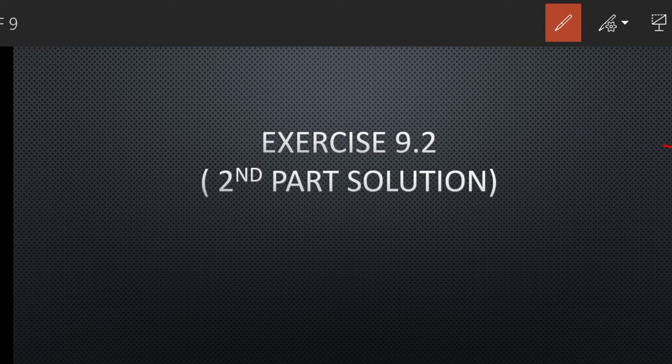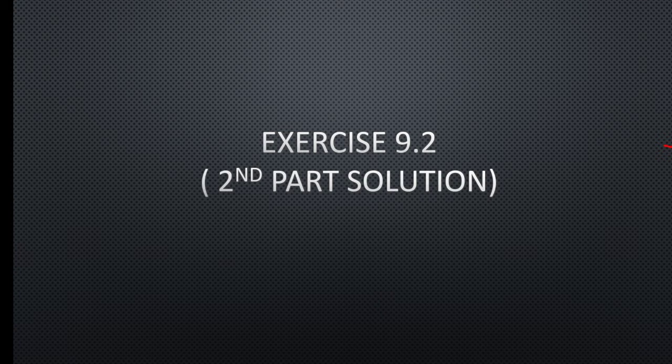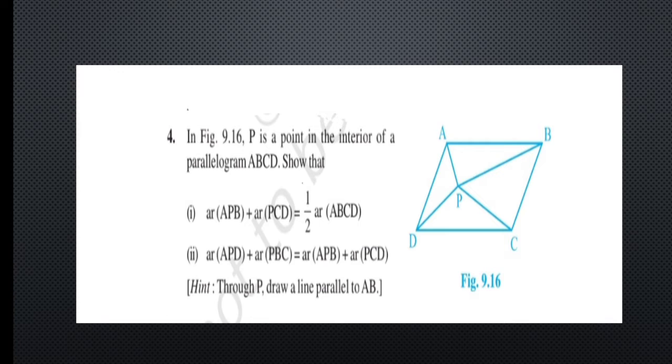Good morning, students. Today we are going to discuss the second part of exercise 9.2, that is question number 4, 5, and 6. In question number 4, we have in figure 9.6, P is a point in the interior of the parallelogram ABCD. We have to show that area of the triangle APB plus area of the triangle PCD is